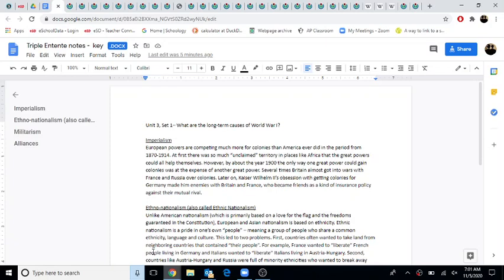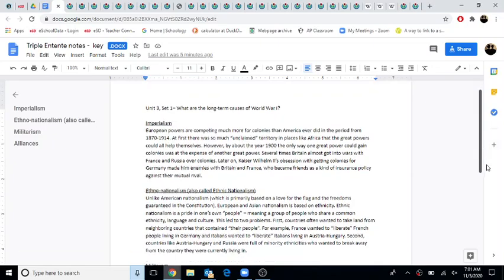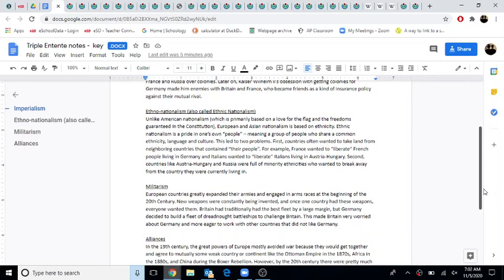So, we're looking at long-term causes of World War I here, and there really are four big ones. Imperialism, ethno-nationalism. I'm using that distinction because it's nationalism that's based on ethnicity that seems to be the problem, not just mere patriotism, which some people mean when they say nationalism. And you get all these really goofy arguments between people where one person says that nationalism is toxic, and the other person says that nationalism is just pledging allegiance to the flag and thinking bald eagles are cool. And they're both right because they're talking about different things.